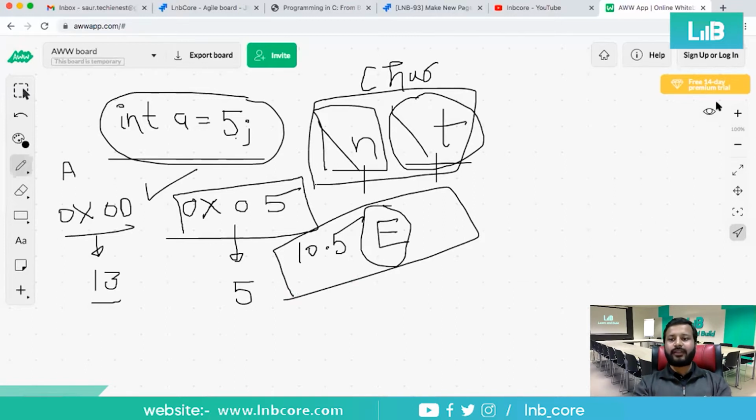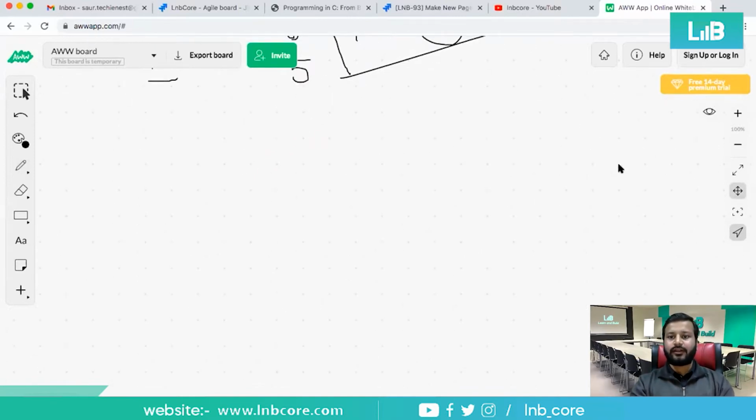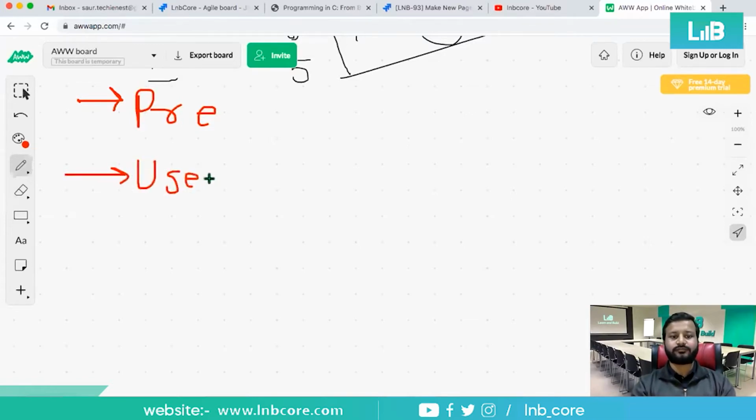Now the second question is, can we define these constants by ourselves? So we have two things to understand. One is predefined and the second is user defined. You are a user and you want to define something.